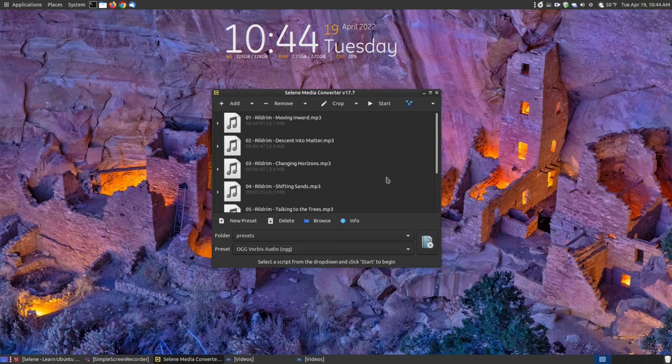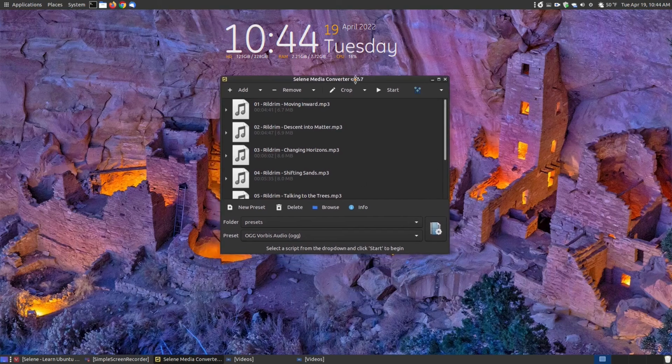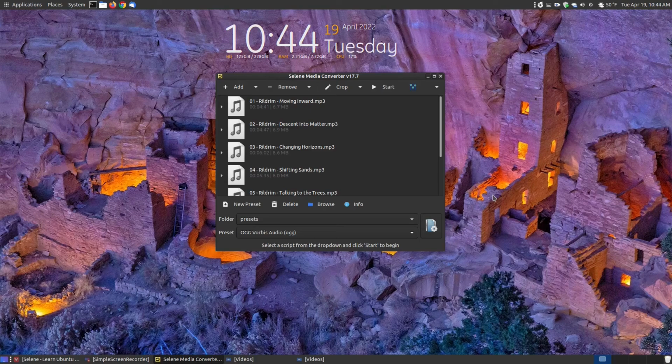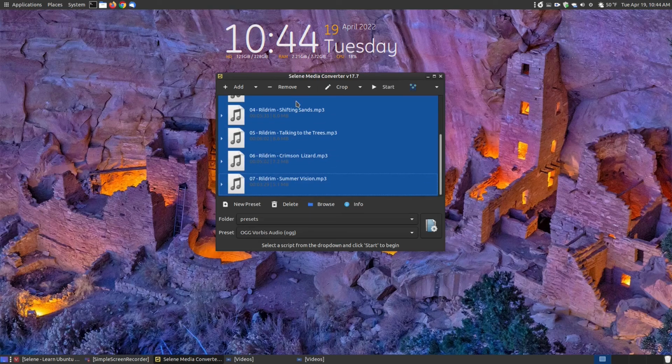So this right here is a great little converter if you're someone that likes converting audio and video files. You don't need 2 separate programs. This does both, and it's not as intimidating as Handbrake. If you're used to Handbrake and you're familiar with Handbrake, that's fine. This has a lot of the same features as your Avidemux, and the reason I say that is, let me